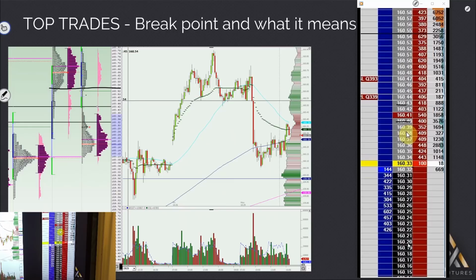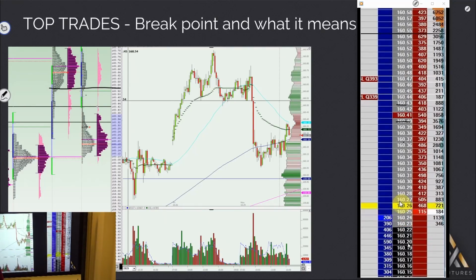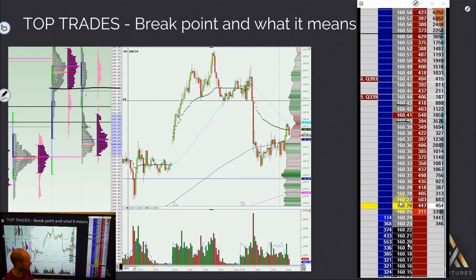But this is my point, and this is the point I really wanted to make, that because of the way the market's set up, this type of move can be expected, and if you understand this price action or you recognise it, you can be a little bit more aggressive because you know what the structure's telling you. And this also on the back of that Merkel news, just to help things along a little bit more. But if the structure's saying to you that people are going to start coming out of the market, then you've got reason to go for it. You've got reason to keep on trying to sell it into those lows. Gets you back down